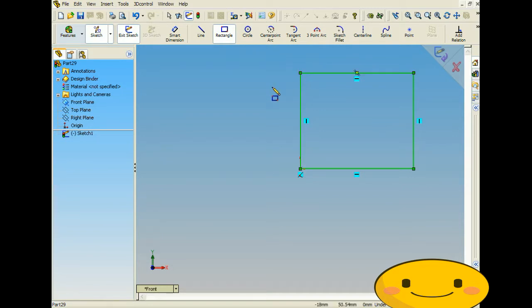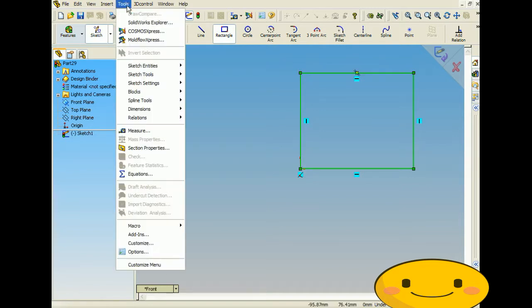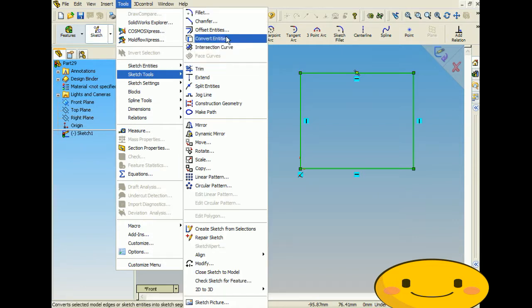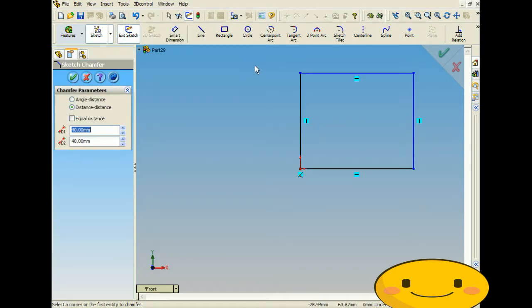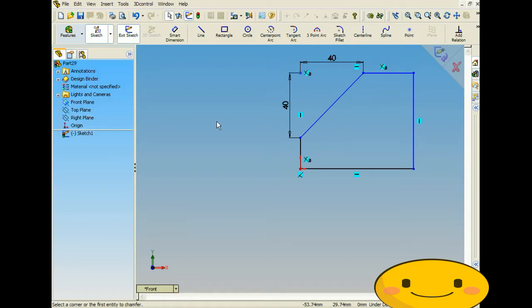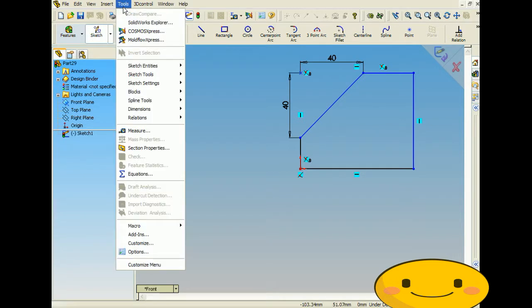And now let's add a chamfer. So let's click tools, click sketch tools, click chamfer, and to do this you have to click two sides, and then it's going to make the chamfer in between. So let's click this point and this point here, and then you're able to see it. Now click OK. Now if we do another one,